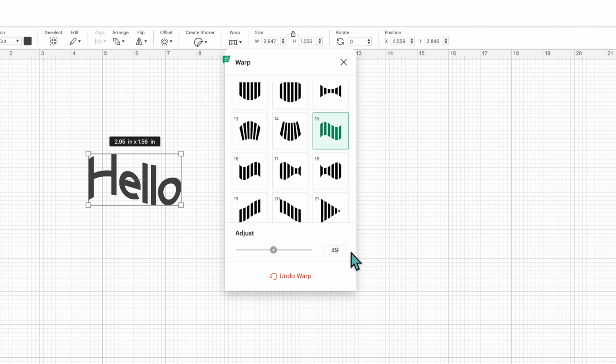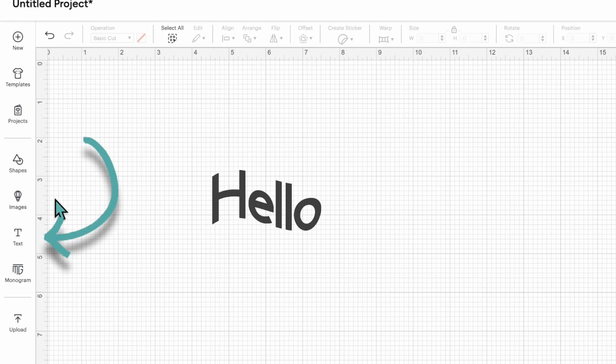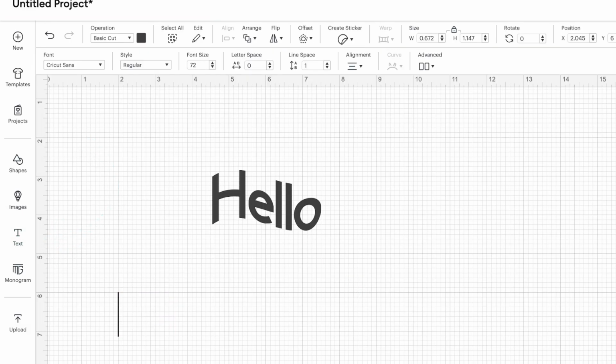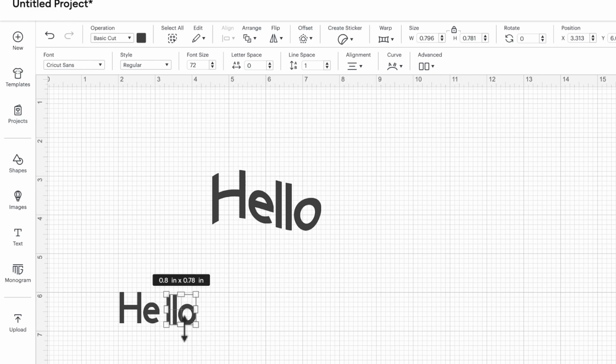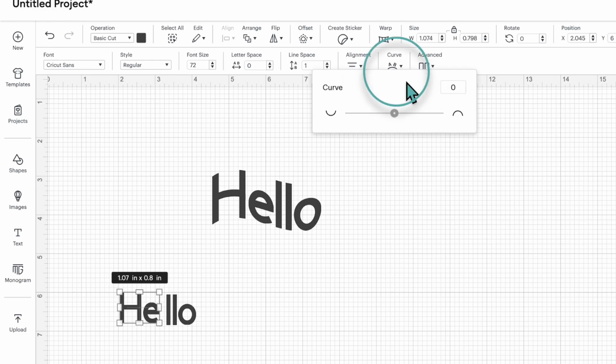You can, but again, it's going to require a few more steps. So for example, you can go over to text, type out HE, and then do another text box and type out LLO. And then you can put these two text boxes beside each other. So if we click on the first one, we can go up to curve text, and curve text is free